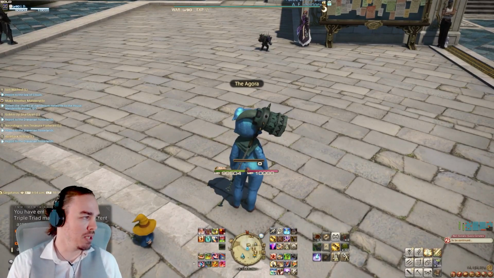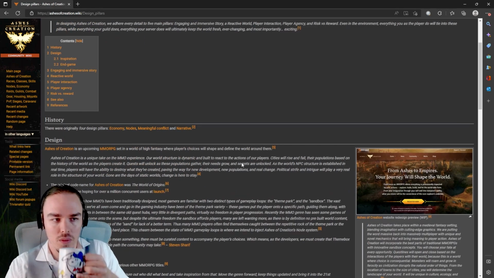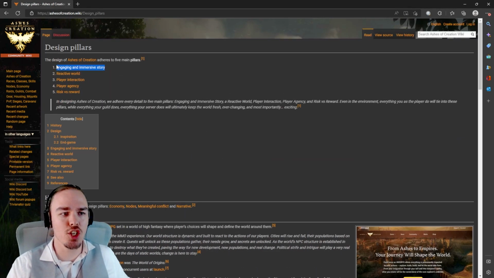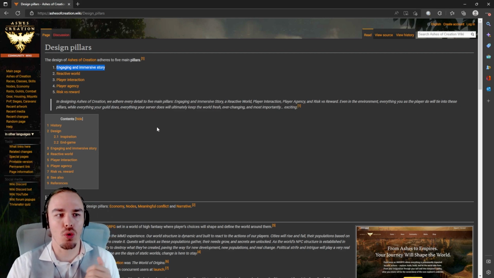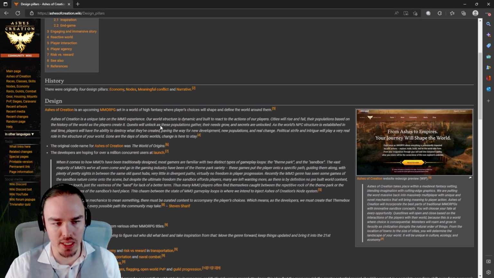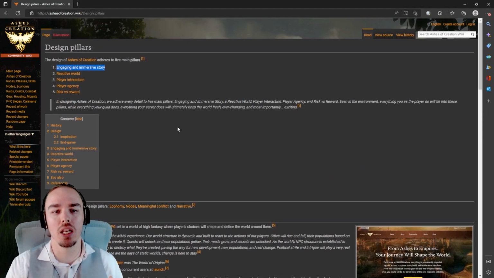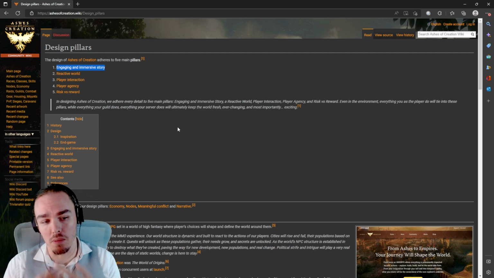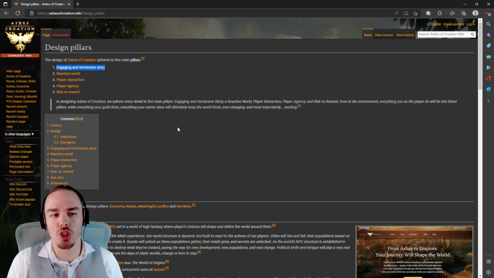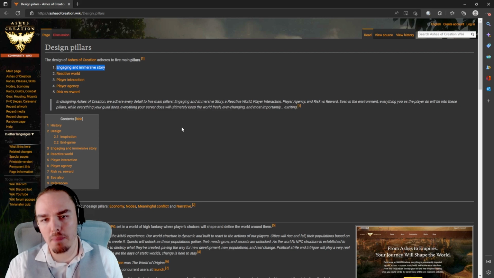And so the first pillar of Ashes of Creation is limited by its very nature. So we know that this is limited. Because an engaging and immersive story, if it's going to be at this caliber, where they feel that the story is going to be written at a high caliber, you have to have good writers. This cannot be something that is written by a computer. World of Warcraft open world quests could be written by a computer. They absolutely could. You could absolutely, if you wanted to,